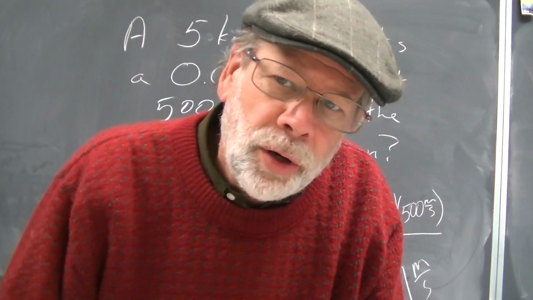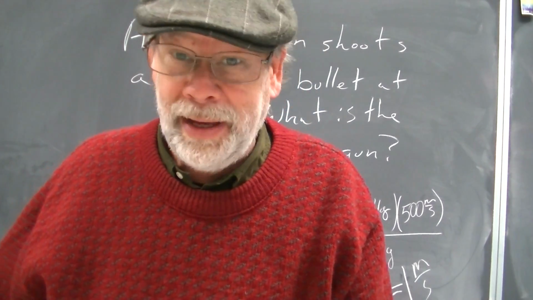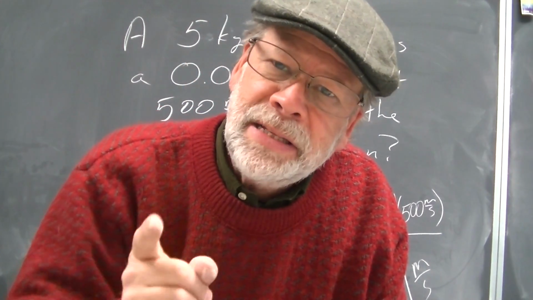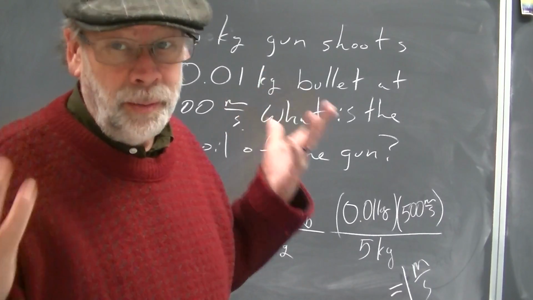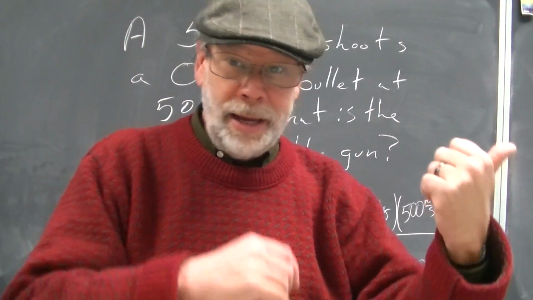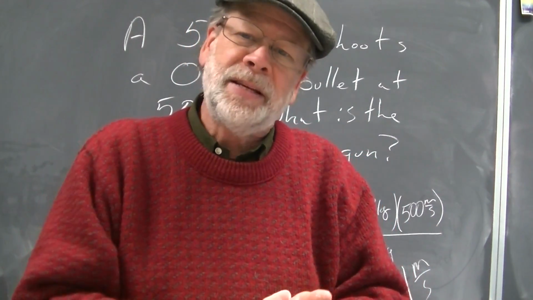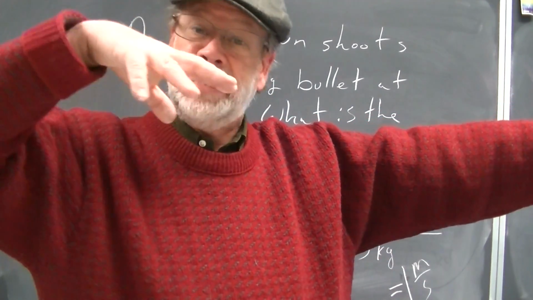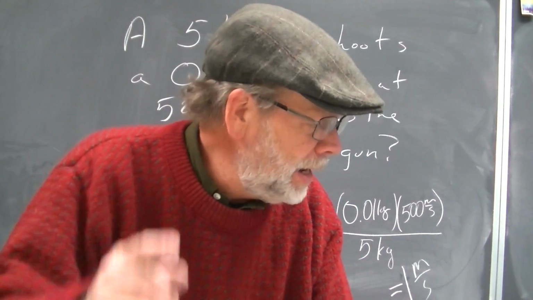And momentum is conserved across a wide spectrum of all things, from the very tiniest things to the very largest things. Momentum is conserved. So how you do it, set momentum before to momentum after, and if that's going to be zero, then just figure out one way plus another way. Their vector quantities have to sum to zero. So mass times velocity of the object being shot out must equal mass times velocity of the object doing the shooting.